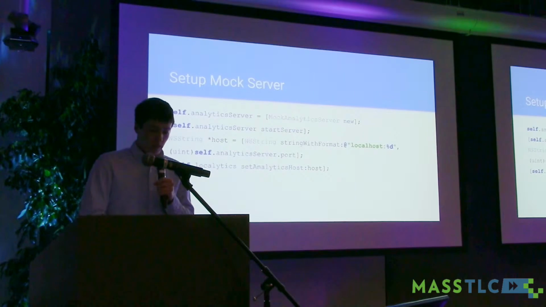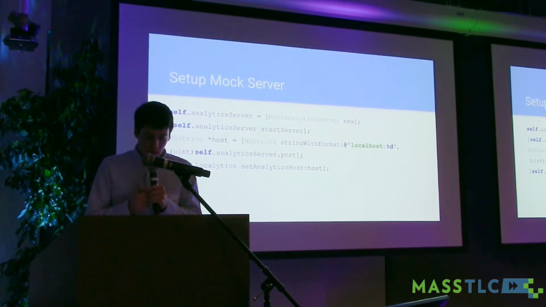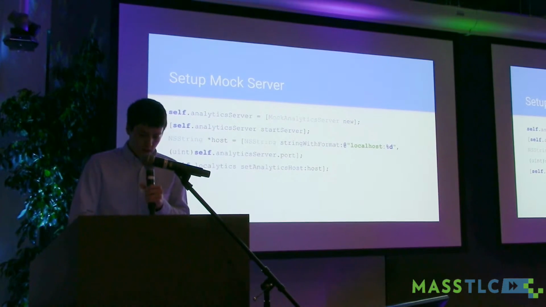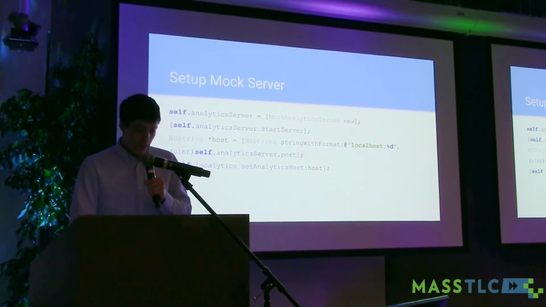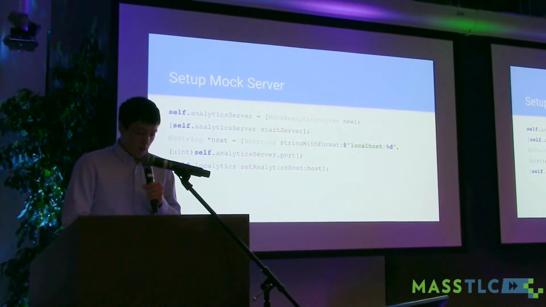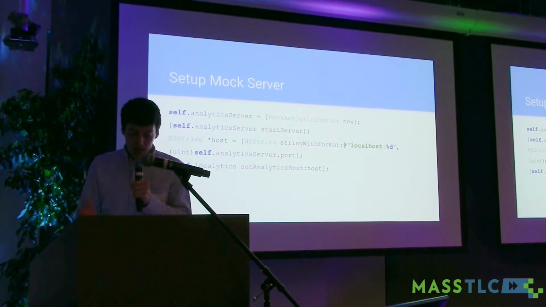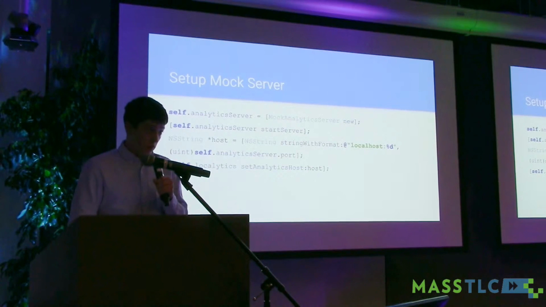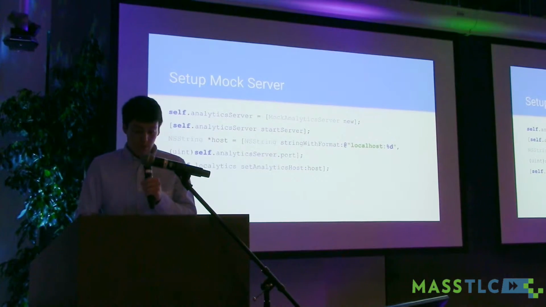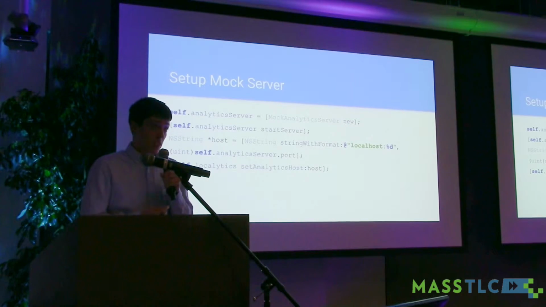So here's what it looks like setting it up. We start up a new mock server, and then we figure out what port it's listening on, and we pass that into the client library calling setAnalyticsHost. And now, for anyone that yells at me, I know this is not actually a host, this is a host and a port. Technically we should have a setAnalyticsHost method and a setAnalyticsPort method, but this works, it's test code, so it's a